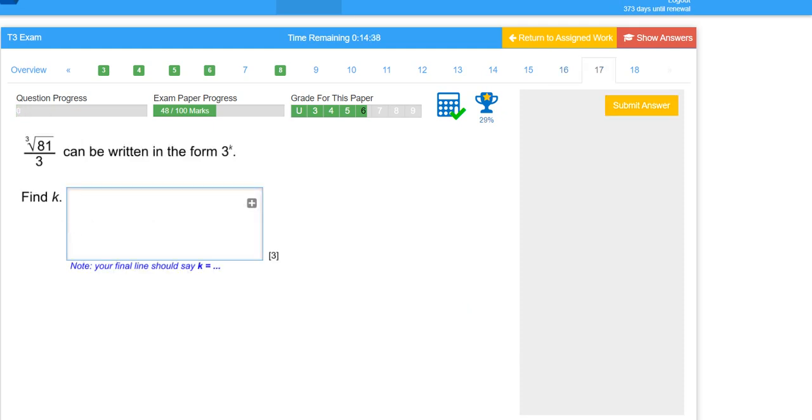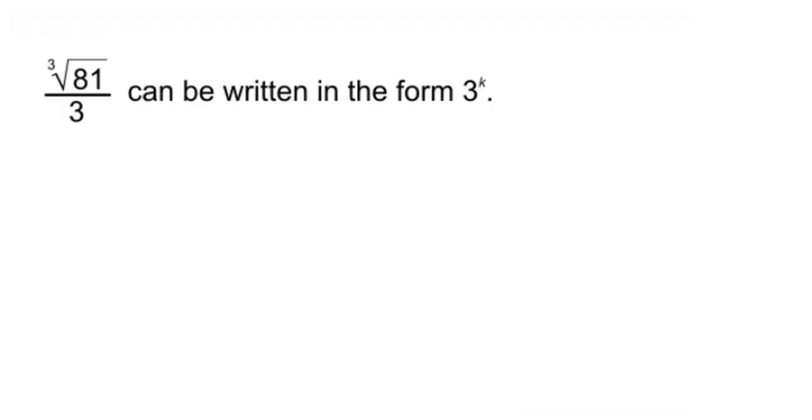Question 17. Okay, the cube root of 81 over 3. Now, that does seem a little bit complicated, but we have a calculator. So we can have a look at that. We can see what we could come up with. So I'm going to show you what we do. And the thing with a question like this is we write everything as a power of 3. Because I know that 81